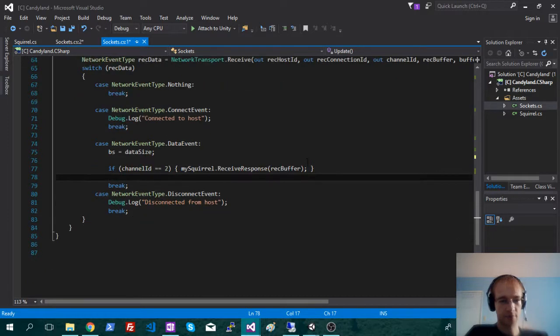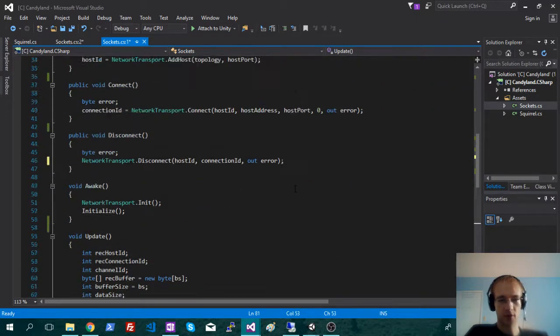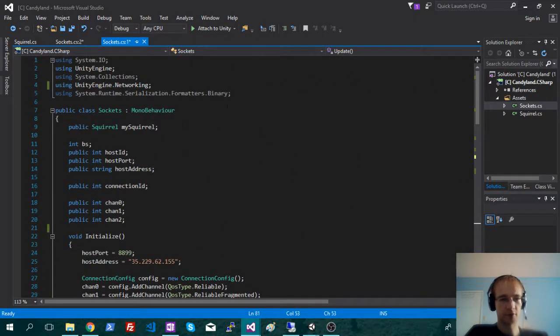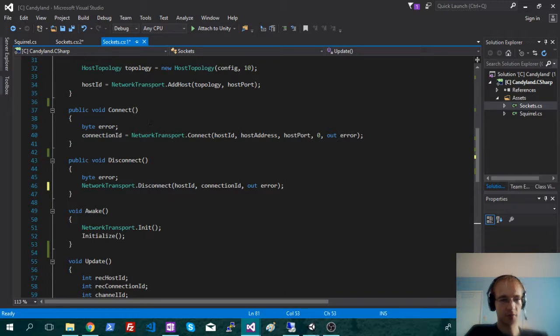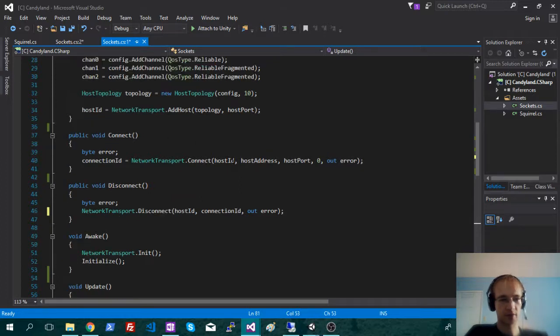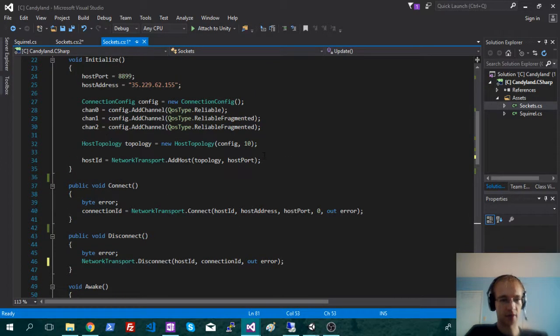Okay, and then after our data event, we have a disconnect event. So whenever we actually disconnect from the host or the server, it's going to just log a message that I've written in here. And that is the client version of sockets. So they're pretty similar, but there's a few differences. Mostly just these functions to connect and disconnect. Obviously the server can't connect to itself,